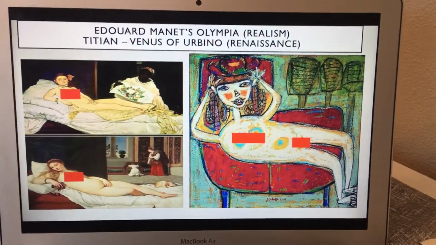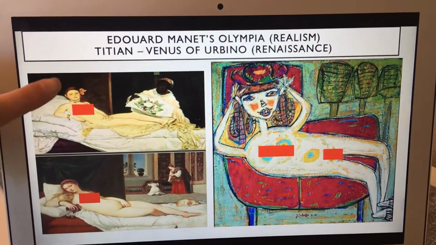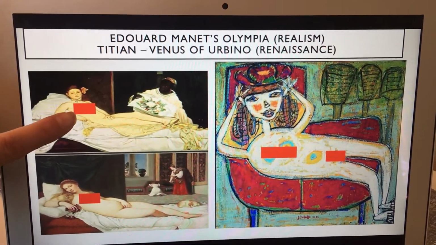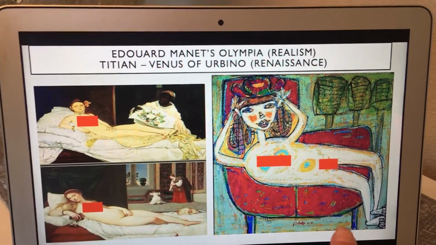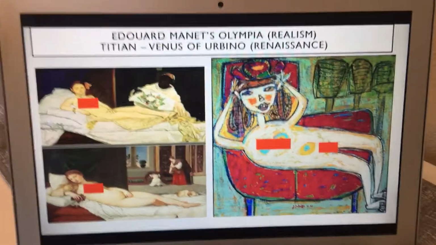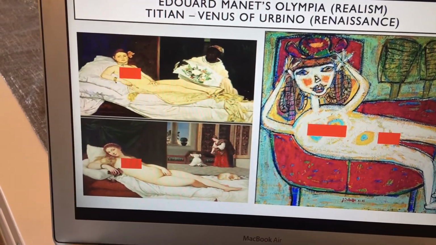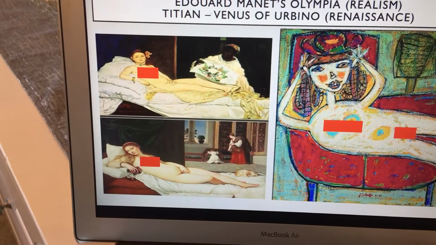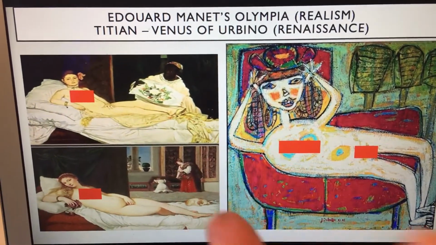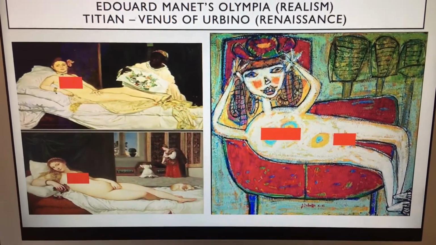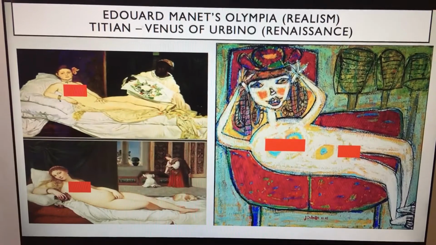Here I'm comparing other paintings. Edouard Manet's Olympia, which is from Realism, and Titian's Venus of Urbino from the Renaissance, and this is his version of it. Obviously, it's not realistic, but again, it was an extreme move away from realism or from the Renaissance. That was his main point, I suppose. And they are covered up because I am working with